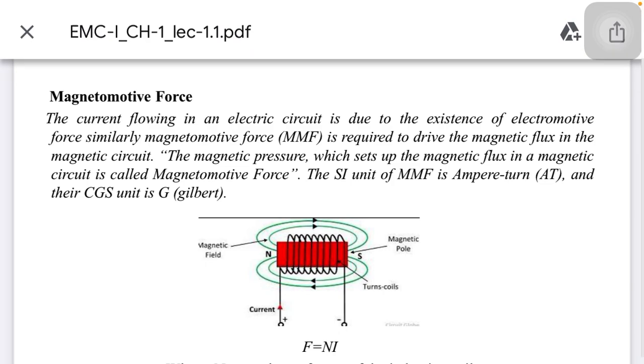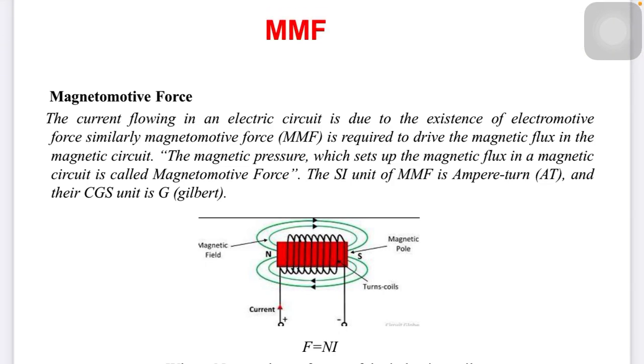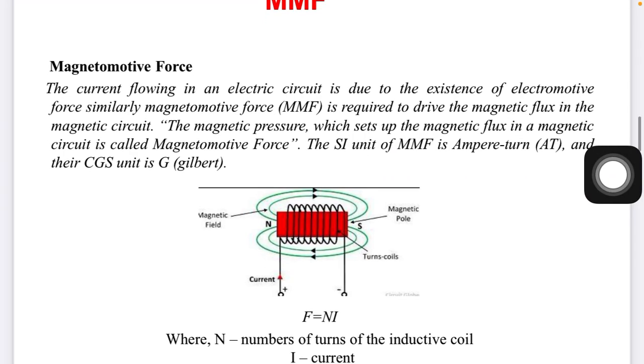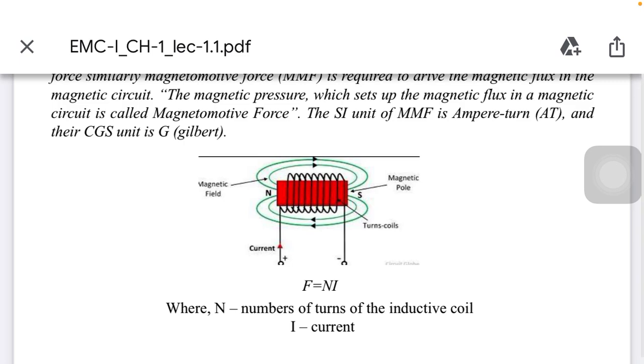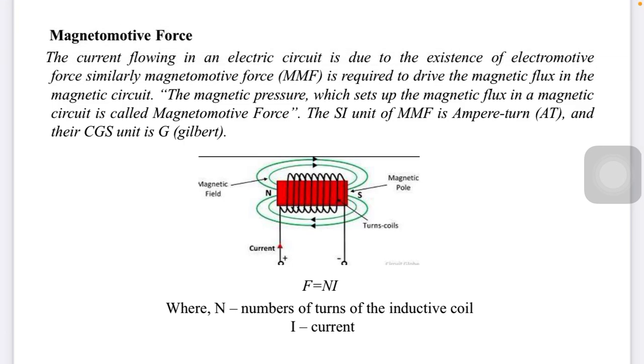So magnetomotive force is nothing but, consider one solenoid, and I wound some winding on that. When we give the supply to that, what will happen? Some kind of force is exerted, that is exactly equal to the number of turns and the current which flows through it. So consider this is a magnet. When we give the supply, the coil is energized and a magnetic field is produced, which goes outside the pole from N to S, and inside it is S to N, right?